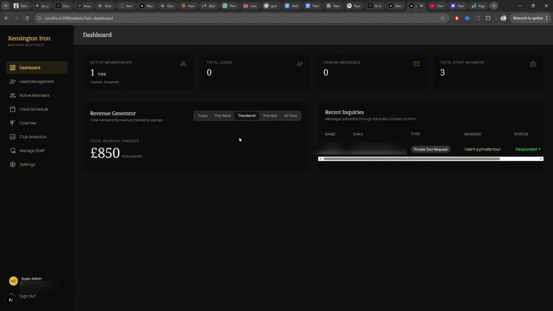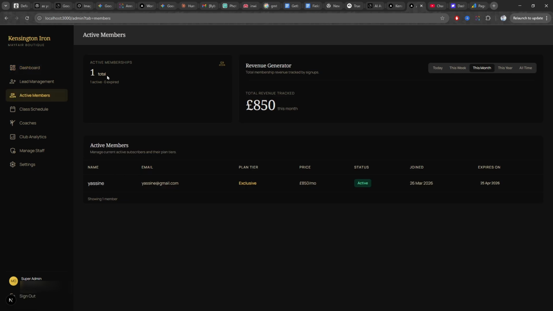Now let's see what happened on the backend. Main dashboard, active memberships flipped to 1, and the revenue generator is already sitting at £850 this month. Over in active members, there's our subscriber. Name, email, plan tier showing exclusive